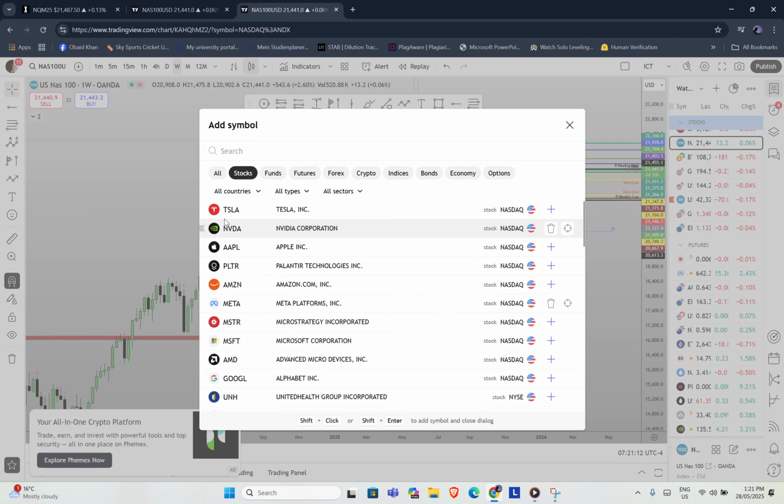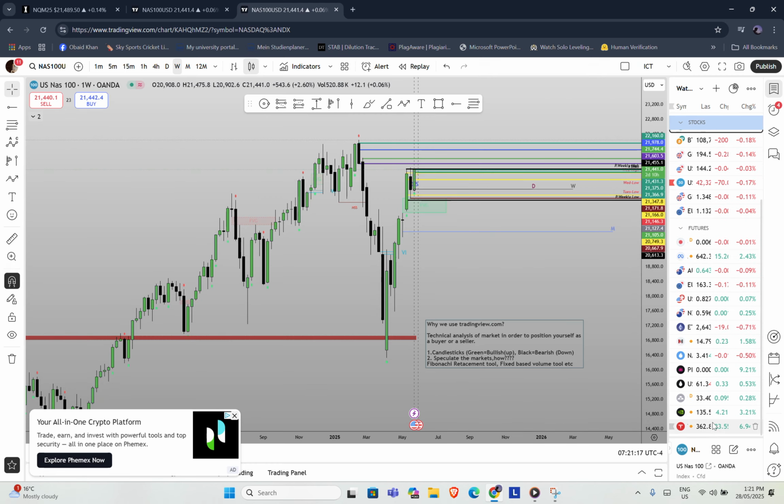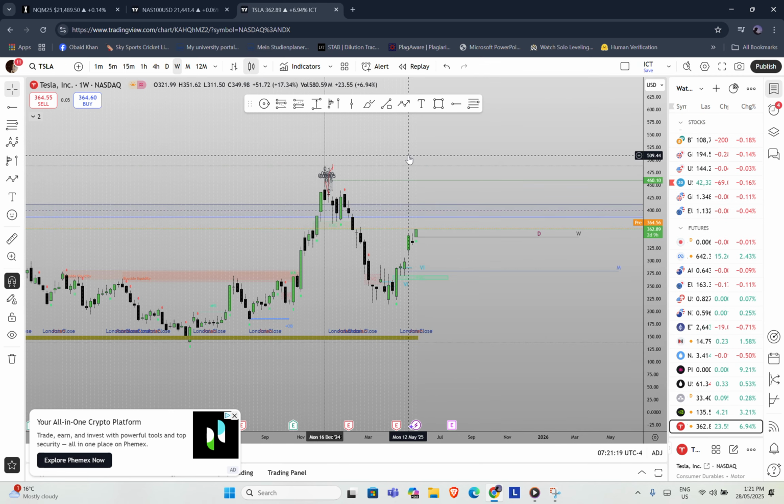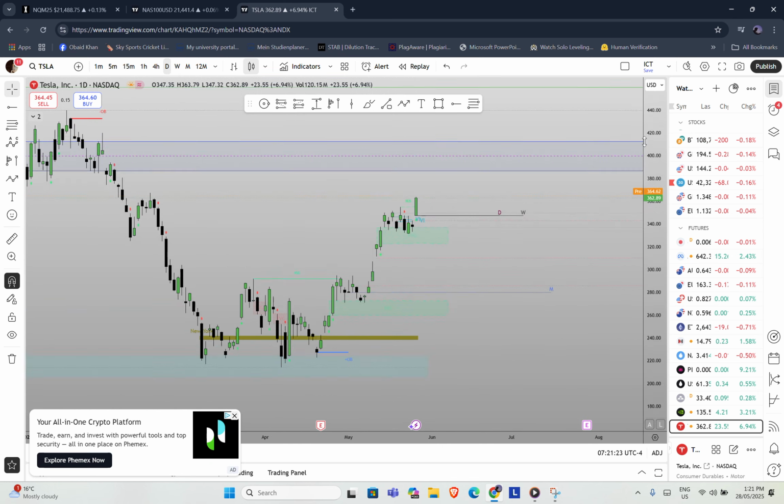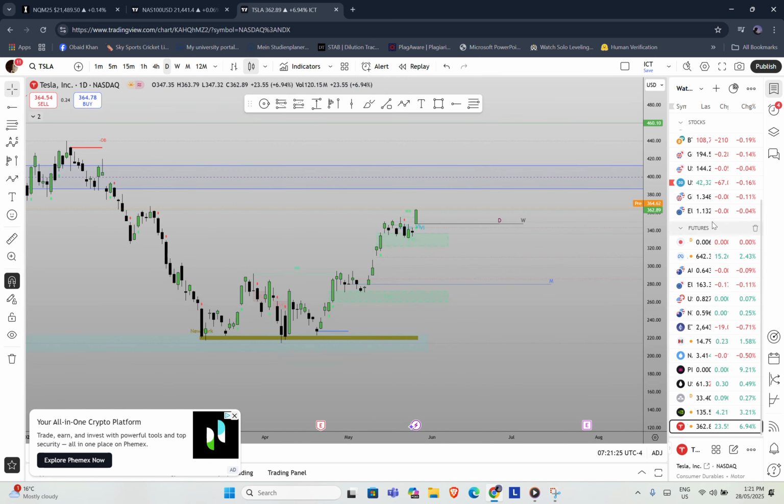For example, if you want to, let me just open the chart of the Tesla, this is the Tesla chart. So it kind of shows you how the market is moving, or the charts of the Tesla is moving. Okay,